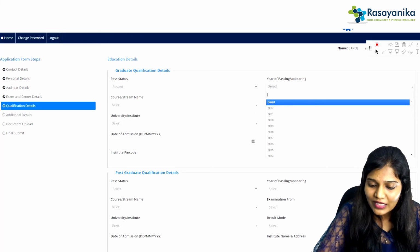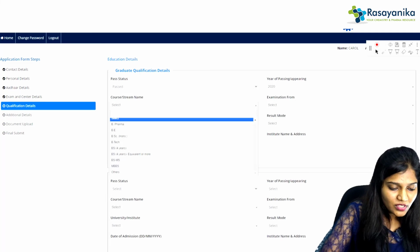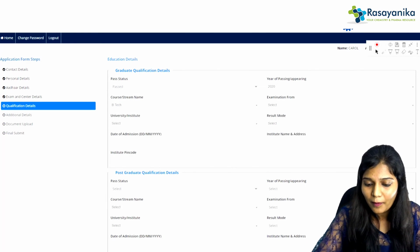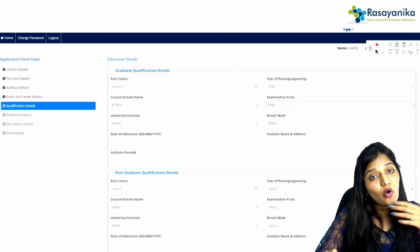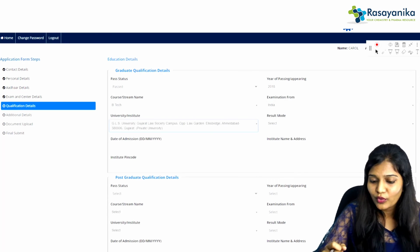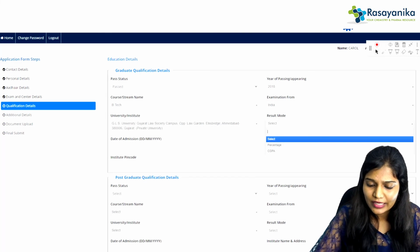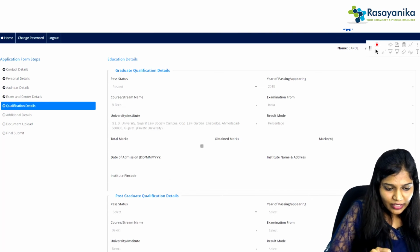And when did you pass, you have to click on, and what is your course. It gives a lot of courses, so I'm just clicking on BTech, and then examination from. So let's do examination from India; an outside India option is also available. And you have to click on which university and what is the percentage or CGPA. So you can just click according to your university, and the date of admission you can just click on,